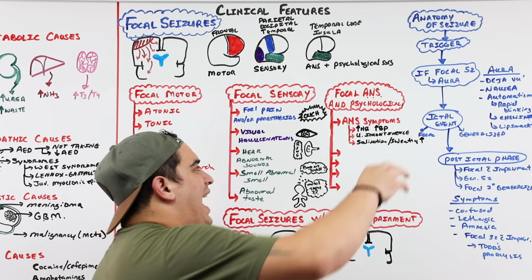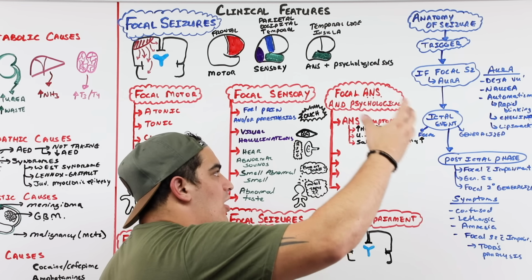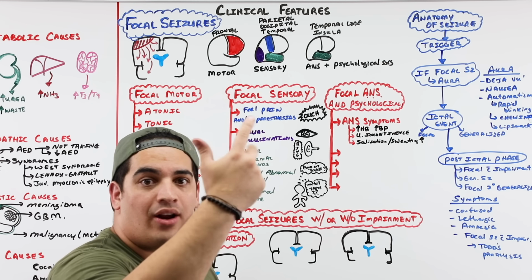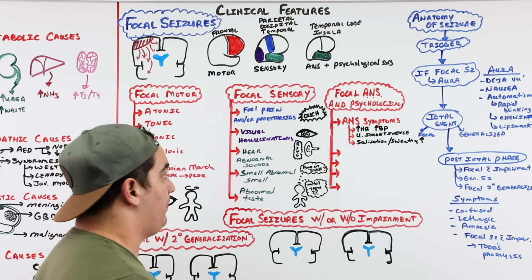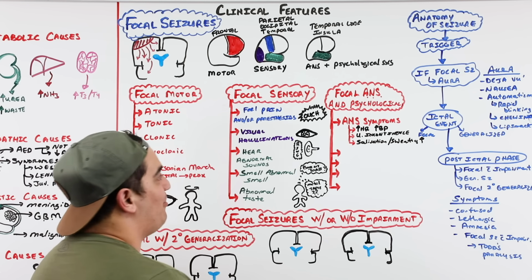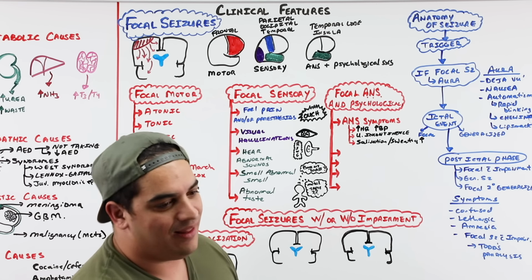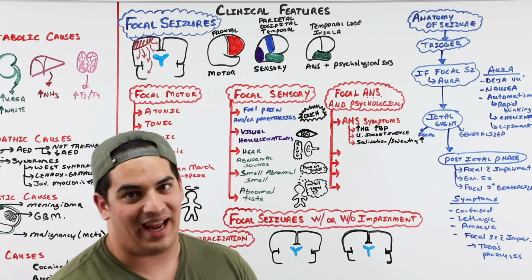So whenever there's abnormal firing of areas within the temporal lobe, particularly tucked near the insula, it can lead to autonomic symptoms like high blood pressure, tachycardia, urinary incontinence, as well as increased salivation and sweating. Now, if you start getting into that temporal lobe as well, a lot of the structures within there are the limbic system, right, which control a lot of our emotions, our behaviors.